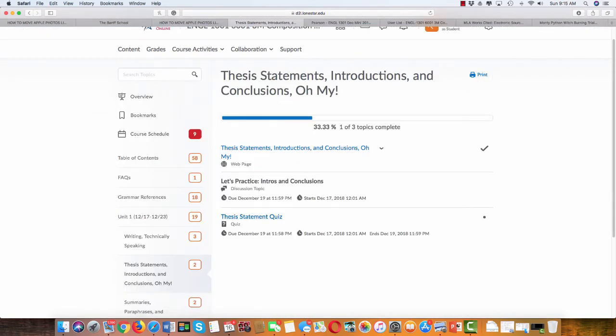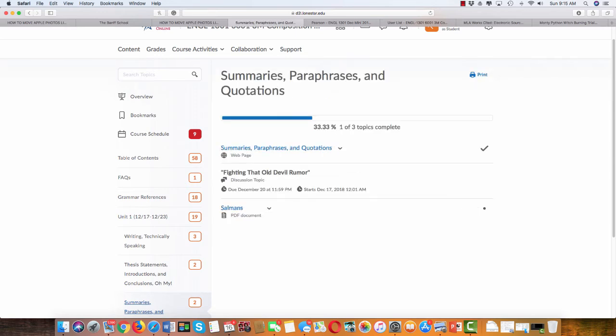You'll also have a discussion board topic that will start on the 17th when class starts, and then it will conclude; it's all due by the 19th. You also have a thesis statement quiz. The next section will be summaries, paraphrases, and quotations, and following the same guidelines of the previous ones,